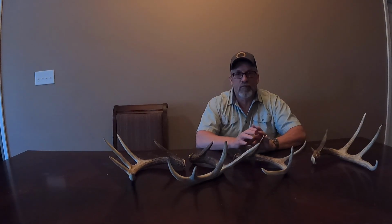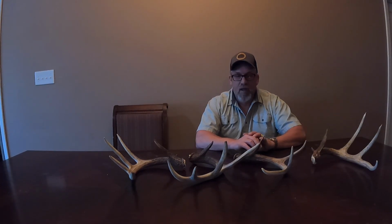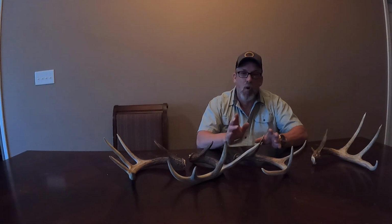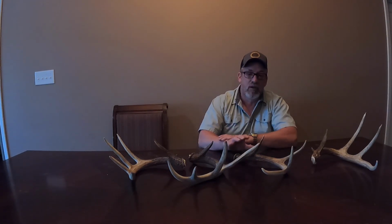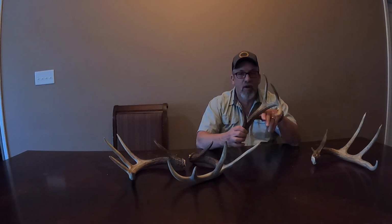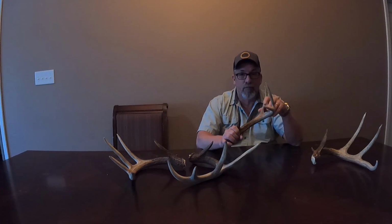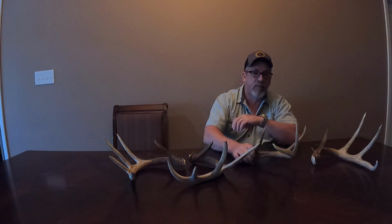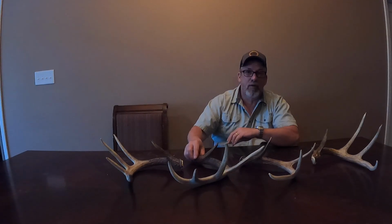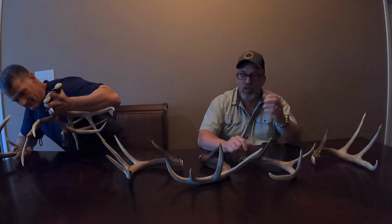It's a lot tougher than people think, especially on public land, because they blend into the environment so good. Also, if you're trying to scout and shed hunt, it's very hard to do both at the same time, to me, because you got to be stopping and looking on the ground quite a bit. Be very observant of the ground. People will walk by. I've walked by them. I know I found one a couple years ago. I probably walked by it 20 times, just in the way that I access the area, and it's crazy. So